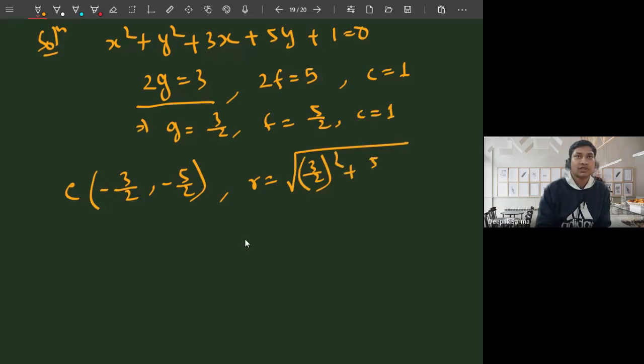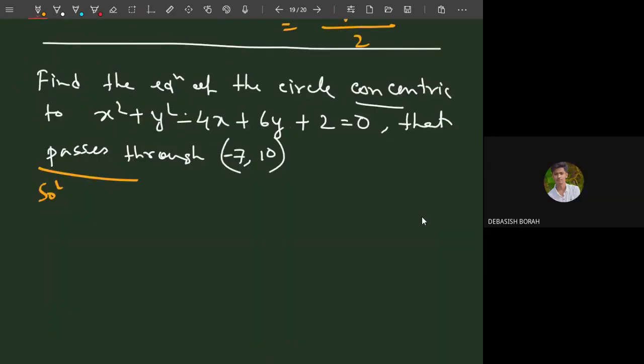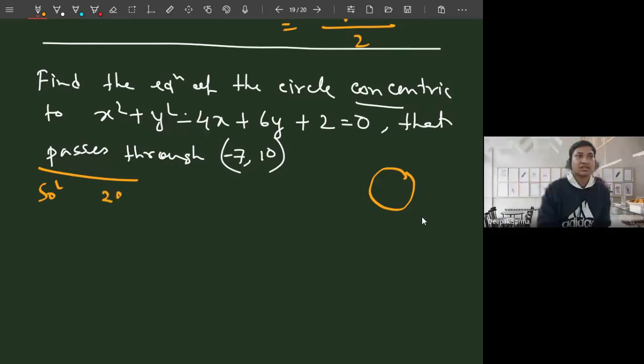All of you know concentric circle. What is given? One circle is already given. One circle, the equation is given, means everything is given. You can find the center, isn't it? What is the center? Here, what is twice f or twice g? Twice g equal to minus 4. Twice f equal to 6. From this, you can find g equal to minus 2 and f equal to 3. So the center of this circle is (2, minus 3).